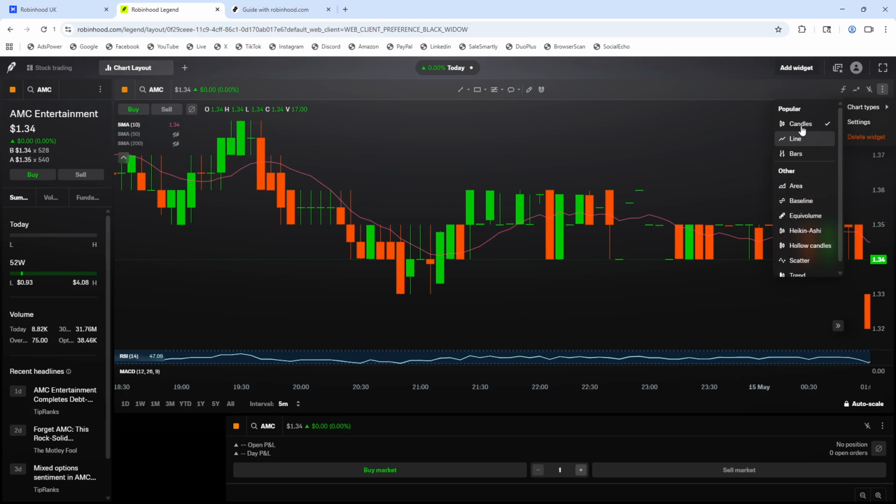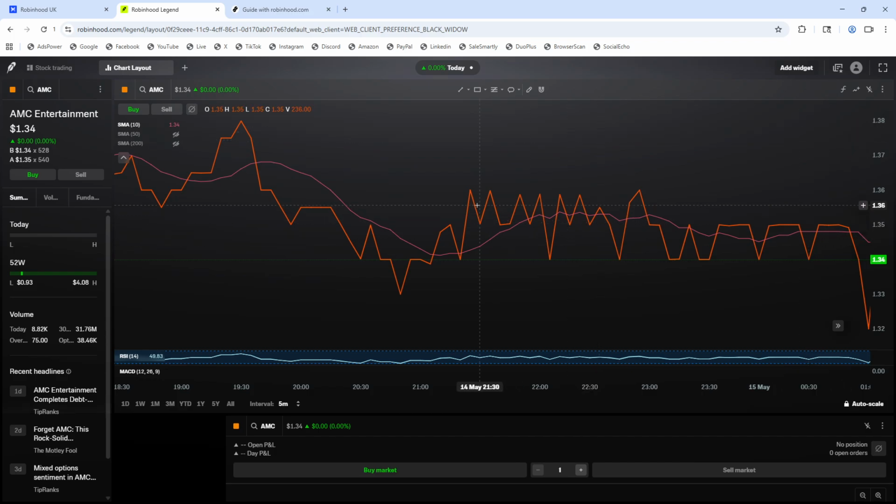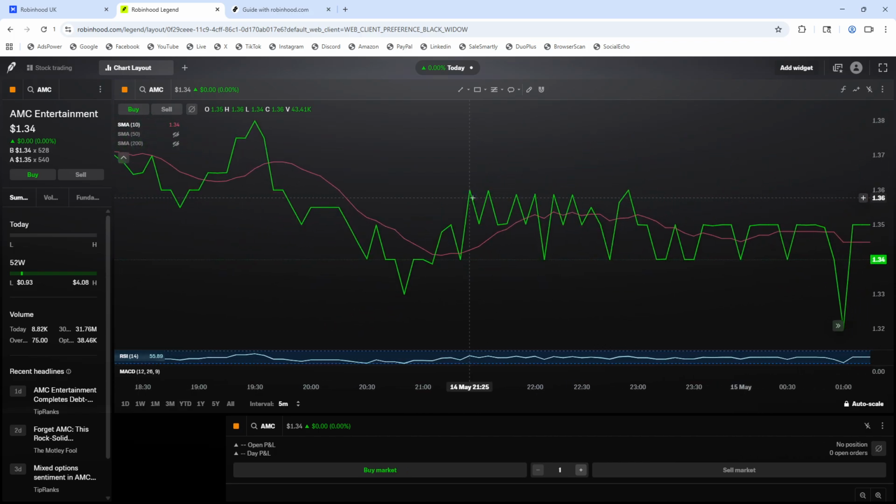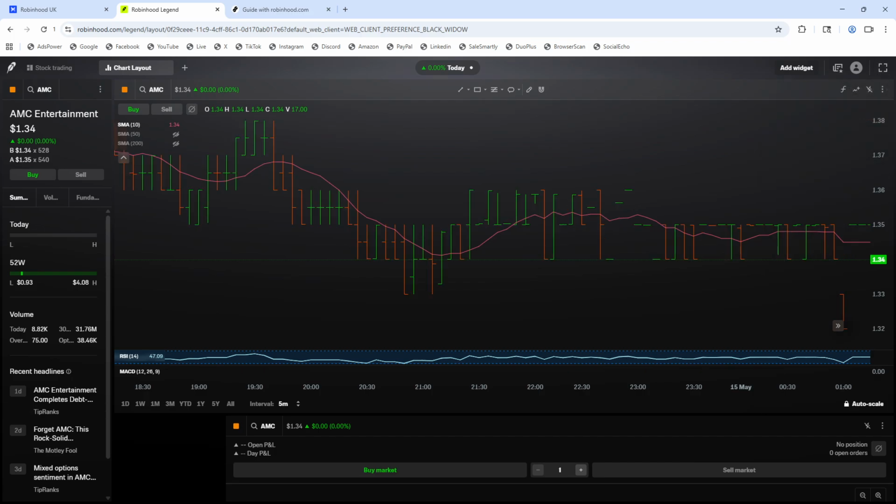Inside the Chart Types section, you will see different chart style options. Click on the chart type you want to apply. The chart will update immediately based on your selection. You can repeat the same action to switch between different chart styles and compare how each one looks on the same stock. Once you select a chart type, it will remain applied to the current stock view until you change